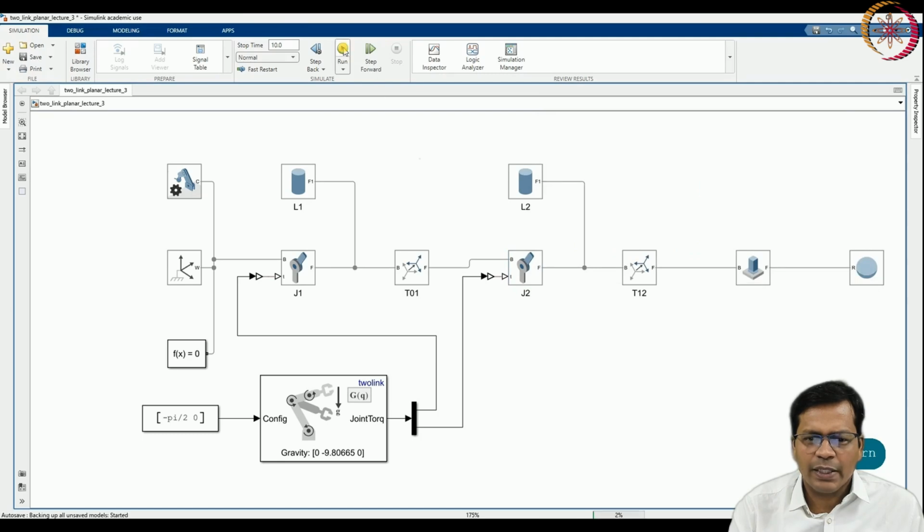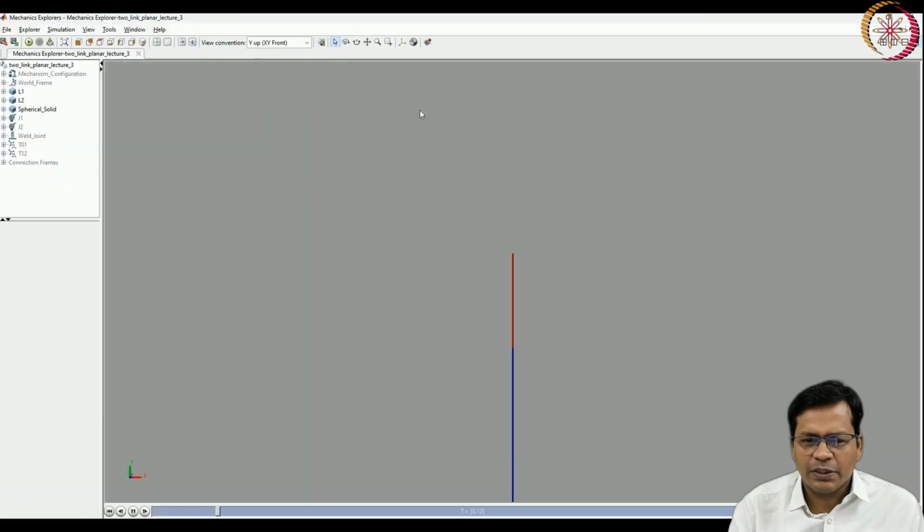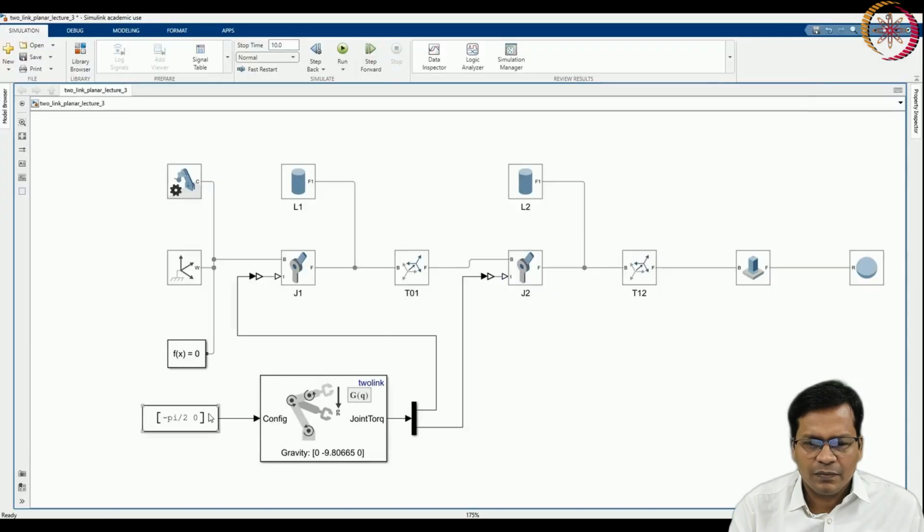Make it go once again and it remains like this. Got it? You can try changing this multiple times and you can validate based on your hand calculation also. Minus 3 pi by 4 and minus pi by 6.